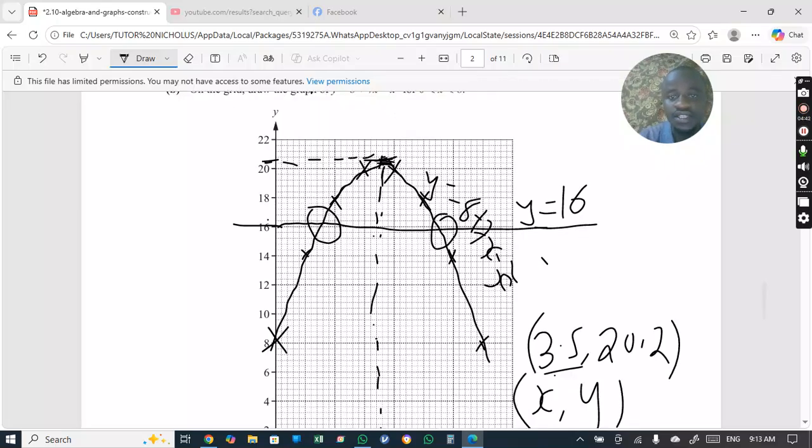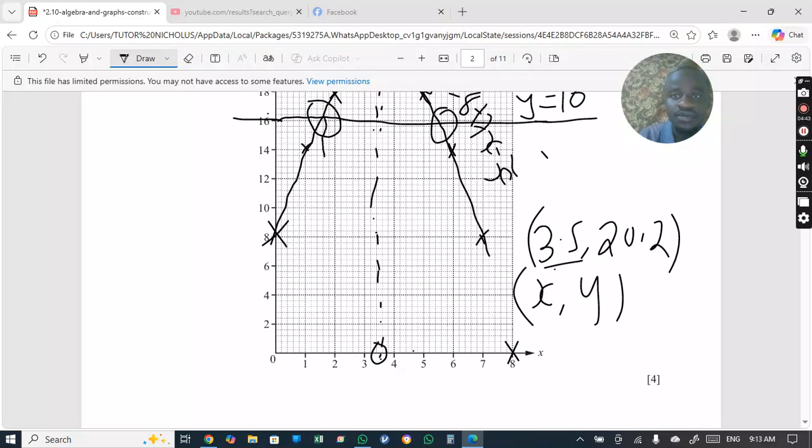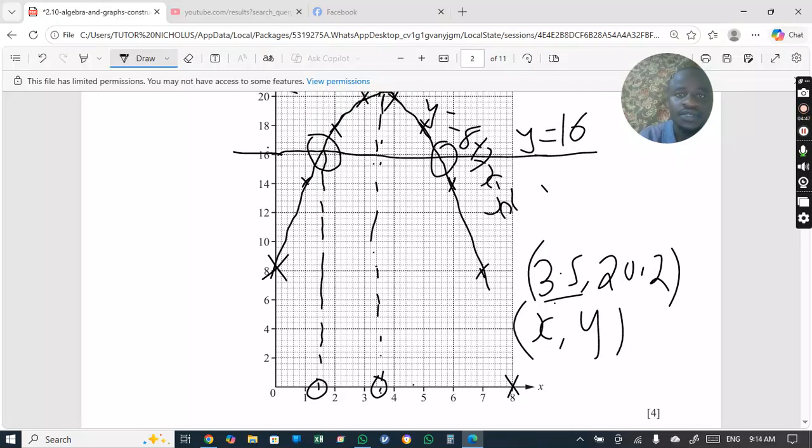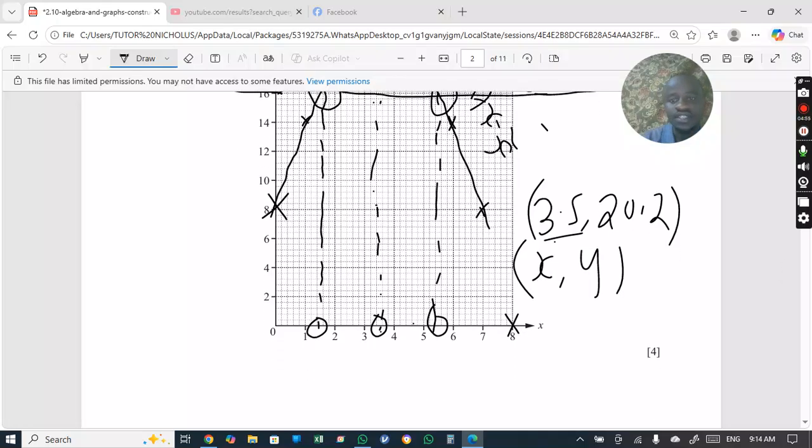So you check this, you extrapolate it downwards, check that value, you extrapolate this again downwards, and check that value. You'll get that it is around 1.5 and 5.6. So this is around 1.5, the other one is around 5.6. These are your values. So you say x is equal to 1.5